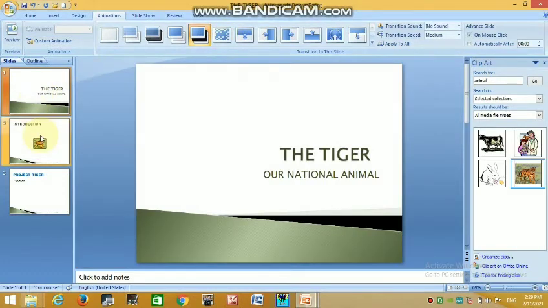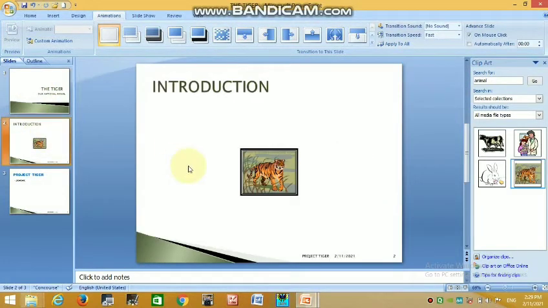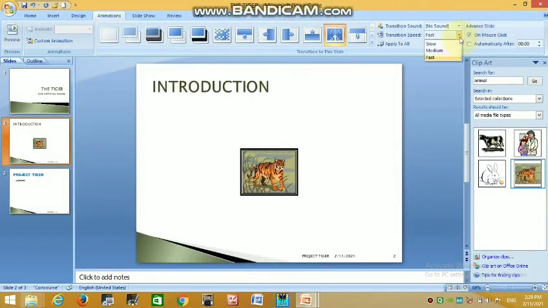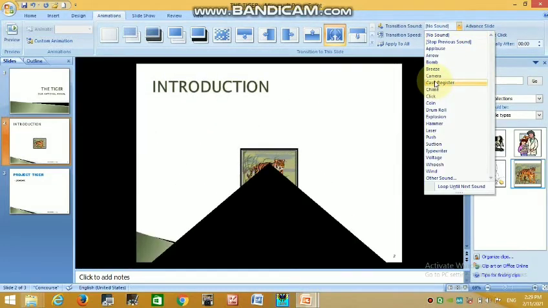If you want to give an effect to the second slide, you can add sound also.